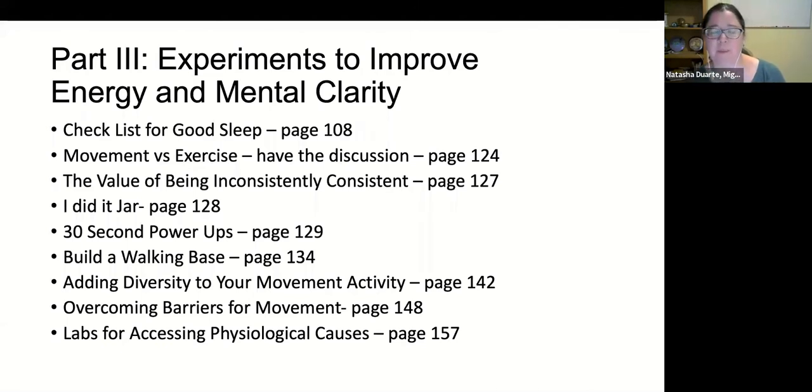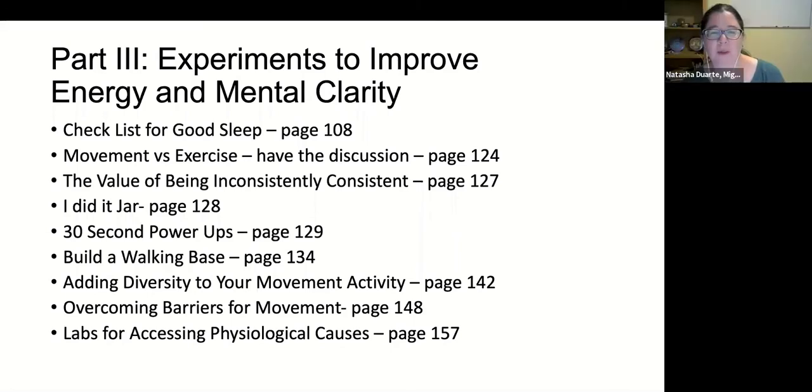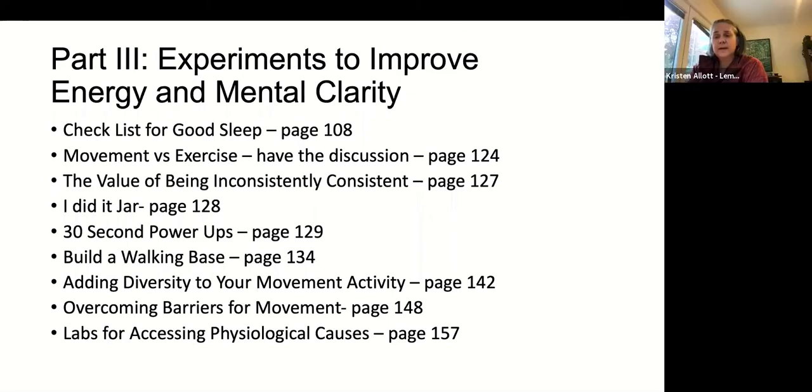Yeah. And then this is the last comment for now, and then we can go back to some of the other stuff. But as I'm working with clients with cognitive decline, 30 seconds is very doable and generally will be tolerated. Also, a power-up session during sundowning may be very helpful. Oh, nice. That's a good tip. That is a good tip. Yep. Do you want to share your tip on how you close the gap on movement?